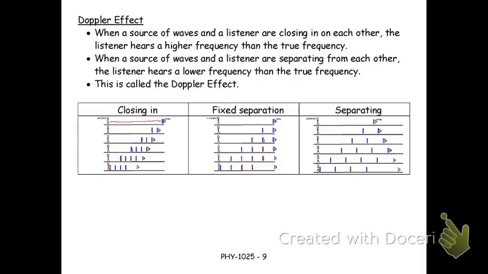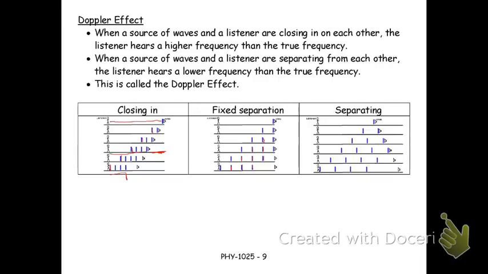But if the speaker is closing in on me, then the second wave doesn't have as far to travel, so it arrives a bit earlier. And the third wave doesn't have as far to travel, and the fourth wave doesn't have as far to travel because the distance is getting shorter to me. The distance left is getting shorter. So although the speaker's saying 1, 2, 3, 4, after a delay, I hear 1, 2, 3, 4 because I've shortened the distance. So the last one arrives sooner than expected.